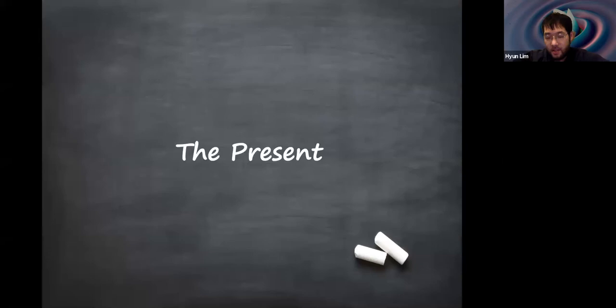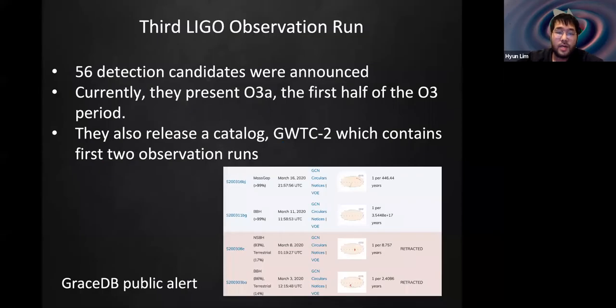So now let's talk about the present, what we observe and what that means. There are 56 detection candidates that were announced from O3, and that data is technically available to the public. So if you Google GraceDB, they have some public alerts. If LIGO and Virgo observe something, they make an alert about it. That's a screenshot I took from that website. And currently they present again